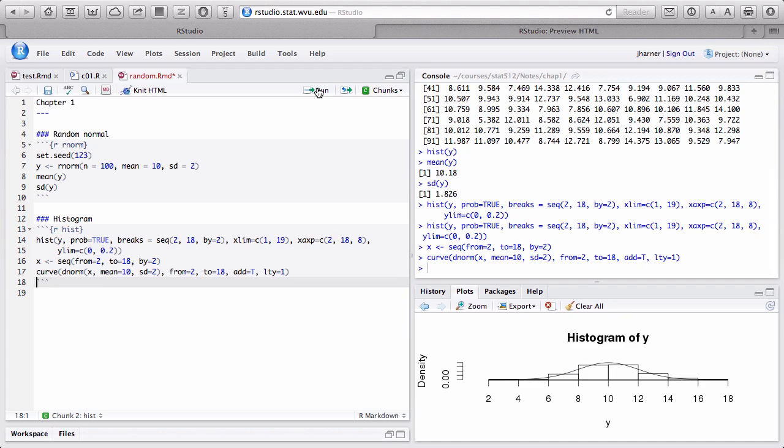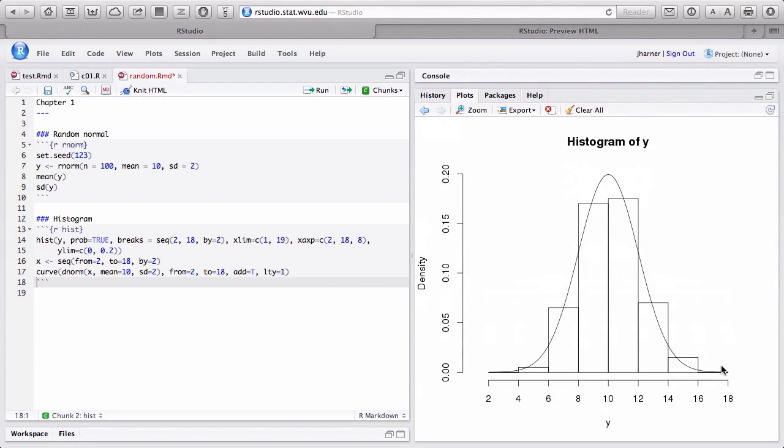So if I run that, let me scale it. Let me blow it up. And you can see that the fit is reasonably good. Now, if you would have done 1,000 instead of 100, it would be better. And then you might want to make the granulation finer. Right now I'm going 2, 4, 6, 8. You might want to have a lot more bars than just 6 or 7, depending on how you count, I guess 8. So at any rate,